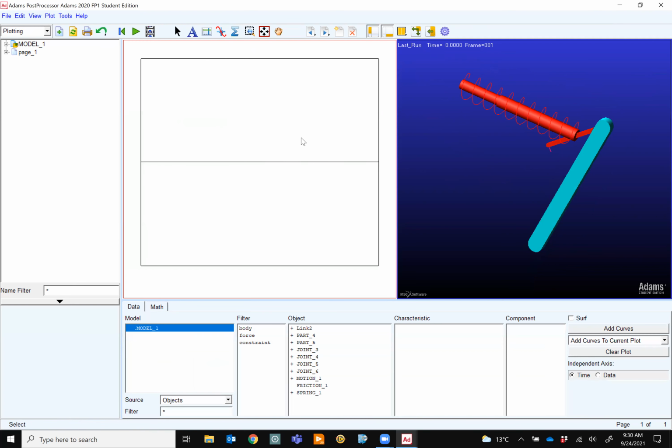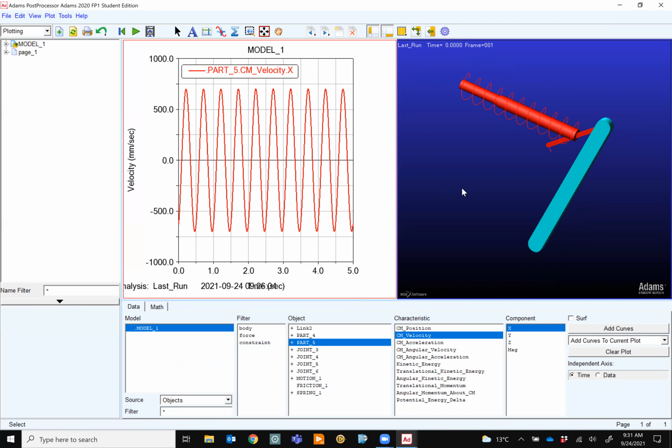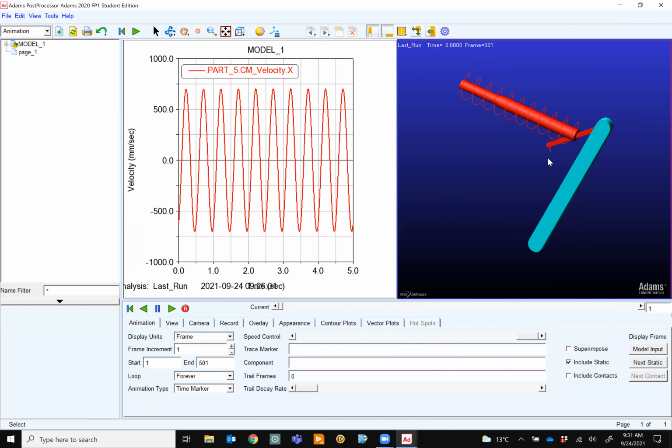If I click here, let's start with maybe link 5. Part 5. I don't know which one because we changed a lot of things. So one of these links, let's say I want its center of mass velocity in X direction. I add curve. So this is the curve that I get. Now if I click on the animation and hit these things, you'll see it shows the motion.